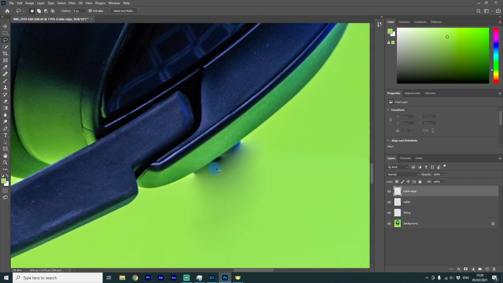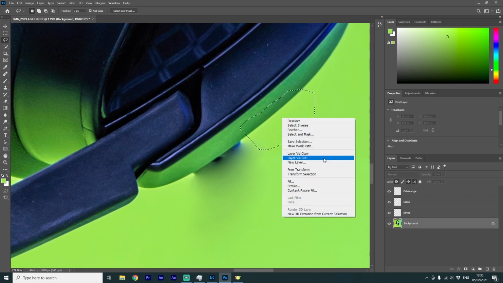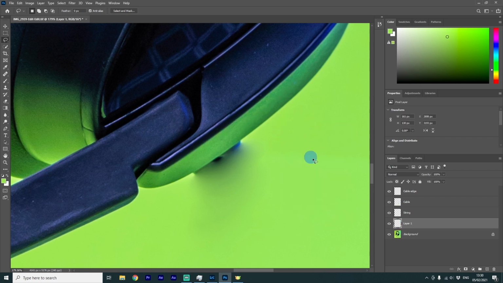try with our lasso tool, and we're going to try to make a selection of the area we want to kind of fix. It should be all around here. So once I have the selection, I'm just going to move it. I know that's the size of the selection I want. I'm going to move it around this side, and then I'm going to click layer via copy with the right click. I'm going to move that to the top,